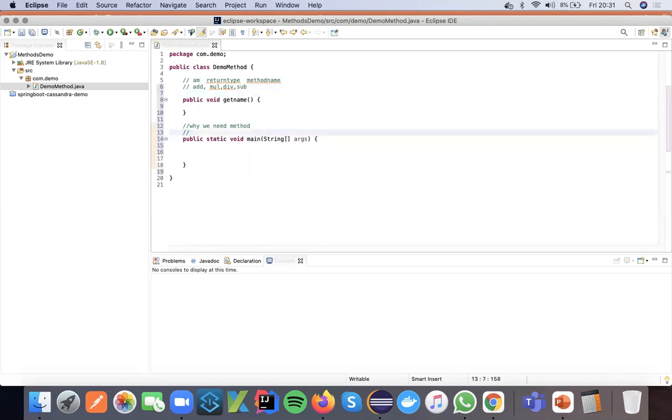As we discussed earlier, the moment you run the program, the JVM will look for the main method, and this is static content. You need not create an object reference.